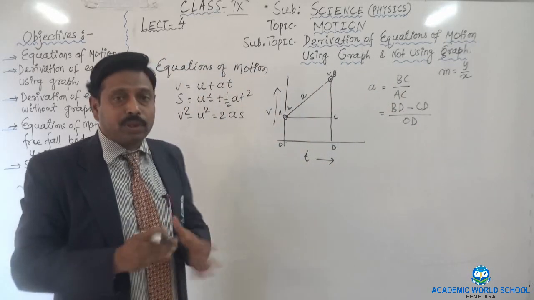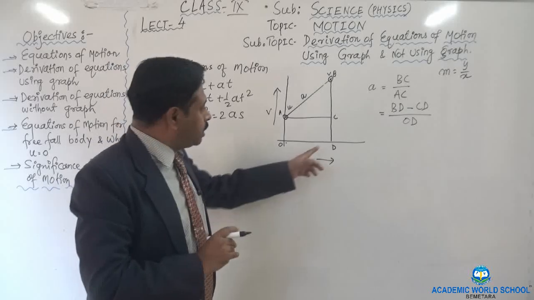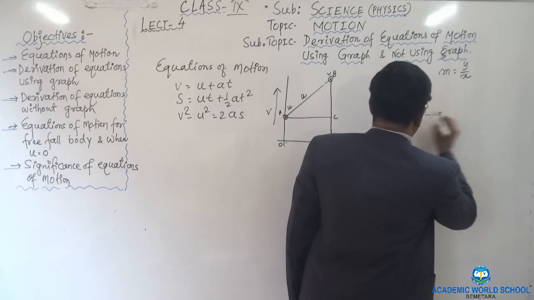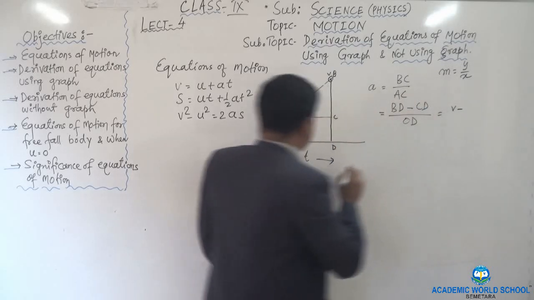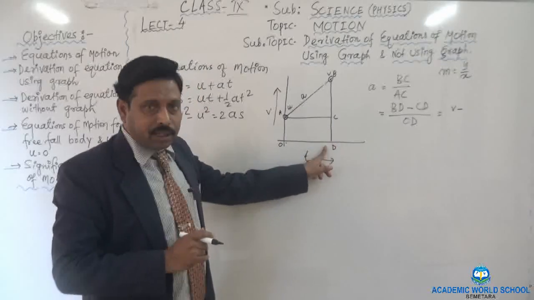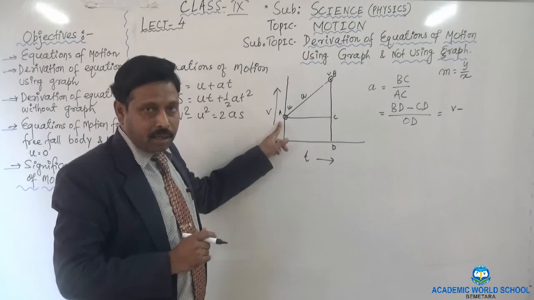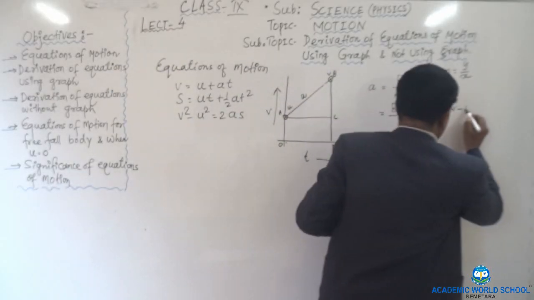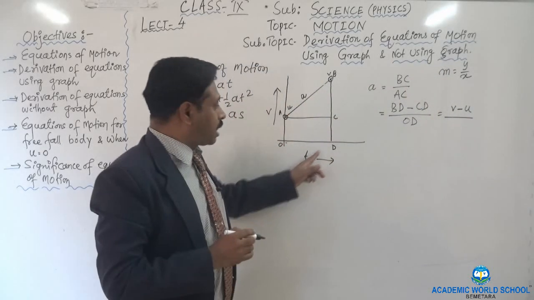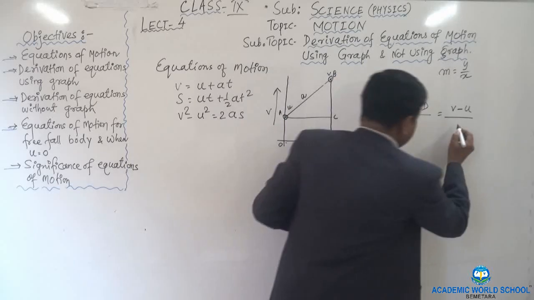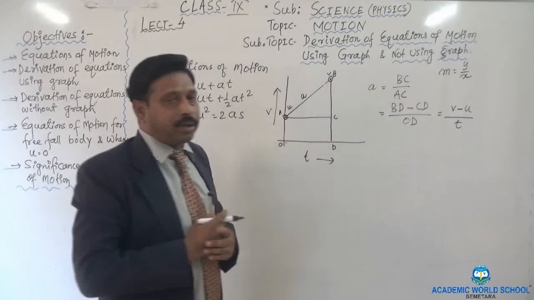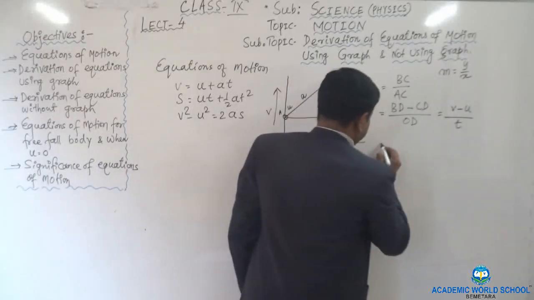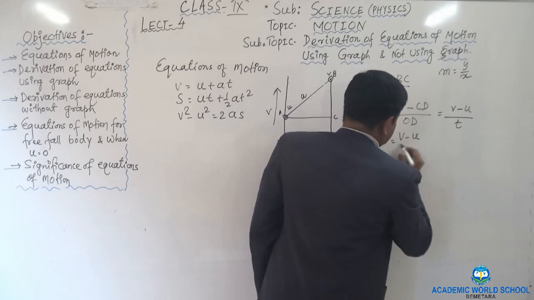Okay? So now we have to put the value. What is the value of the BD? BD means D to B. This is the final velocity v, small v. So let me write down in place of the BD, v minus CD. C to D. CD is parallel to OA. And what is the value of the OA here? Initial velocity u. So I can write v minus u upon OD. OD is the time, total time t. So let me write here t. So v minus u upon t. Okay. So in the left hand side I have written it here a. So I can write it a is equal to v minus u upon t.